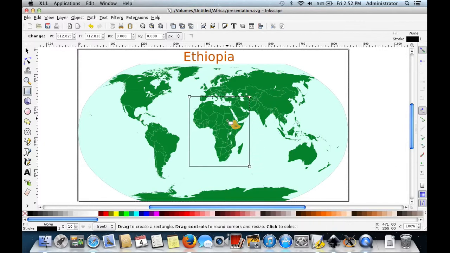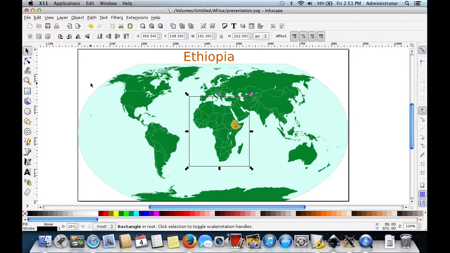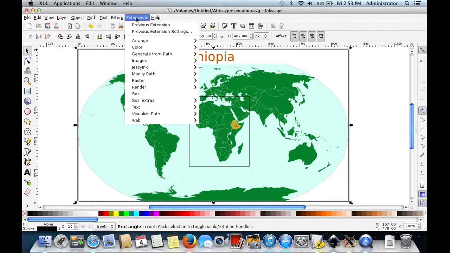And then I'm going to zoom in on Ethiopia, but I'm not going to make a rectangle. I'll show you how you can do that without a rectangle. You could just define your frames in groups, but I find it easier to do them one at a time. So I'm going to select the outer frame, and then I'll make that my first section in Sozi. So if I go into my extensions, there's my Sozi extension,